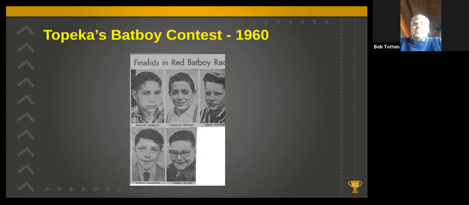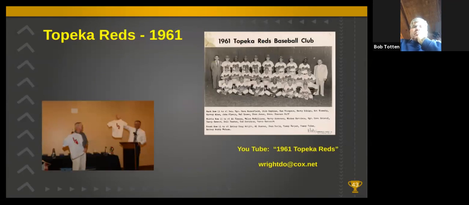And so in 1961, the Reds hired a new general manager, Dave Rosenfield. And when he was asked if he wanted to do a bat boy contest at the start of the year, he said, no, we'll just get the kid from last year. So he called Chuck, who by then had discovered girls and cars and the like. And my brother said, no, but my brother will do it. So that's how I became the Reds bat boy in 1961.